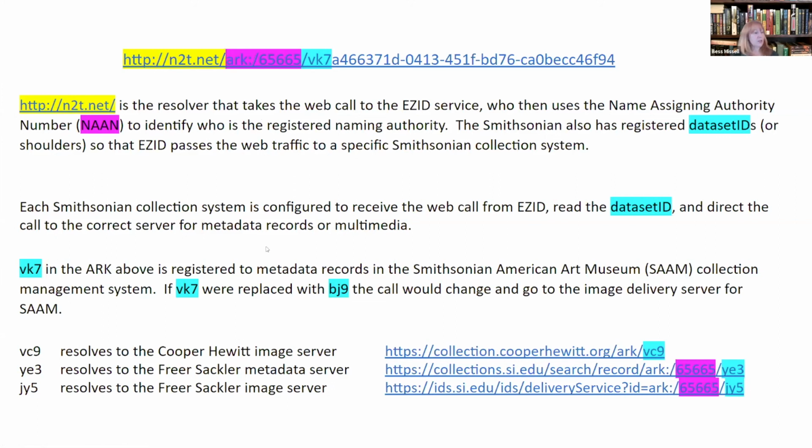And so this is just talking about how these are pointing to different places. The VK7 is registered for the Smithsonian American Art Museum for their metadata records. If you replaced it with the BJ9, that would be actually pointing toward the image delivery server for American Art.